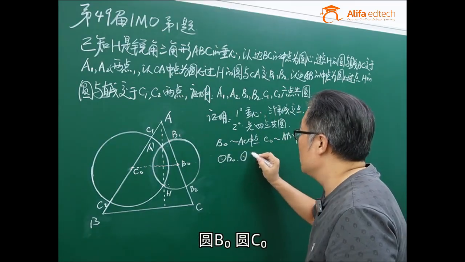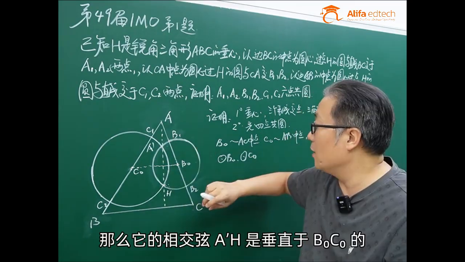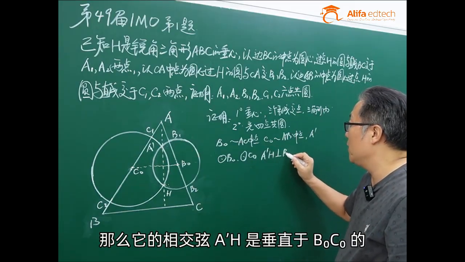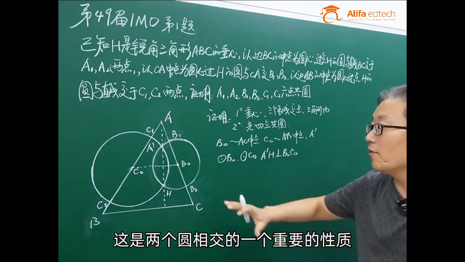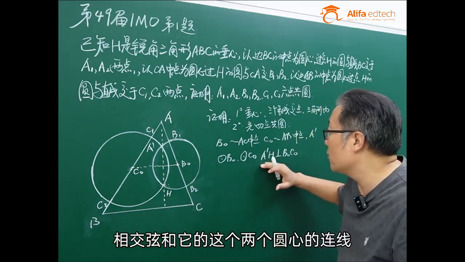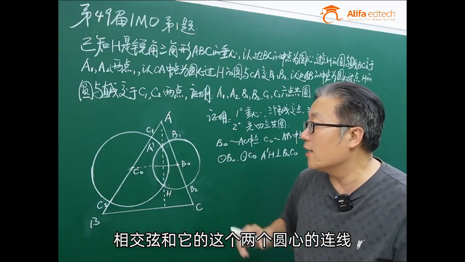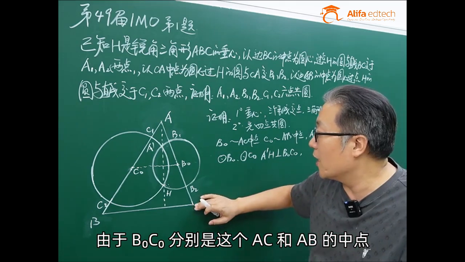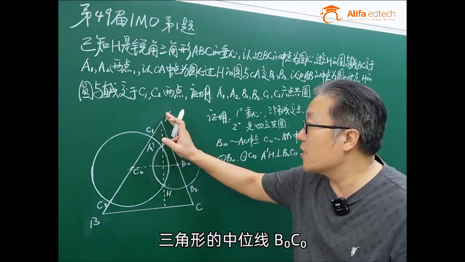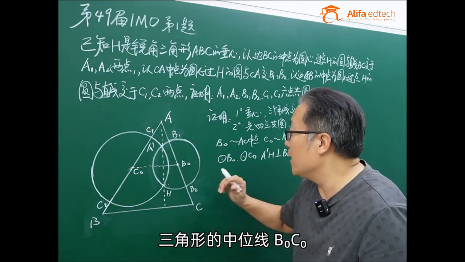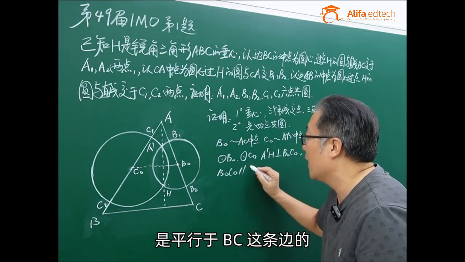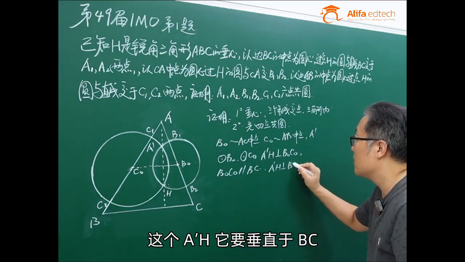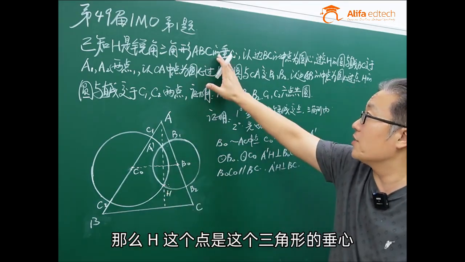The two circles intersect, and their common chord HA' is perpendicular to B0C0. This is an important property of the intersection of 2 circles: the common chord and the line connecting the 2 centers are perpendicular to each other. Since B0 and C0 are the midpoints of AC and AB respectively, the midline B0C0 of the triangle is parallel to the side BC, so HA' is perpendicular to BC,